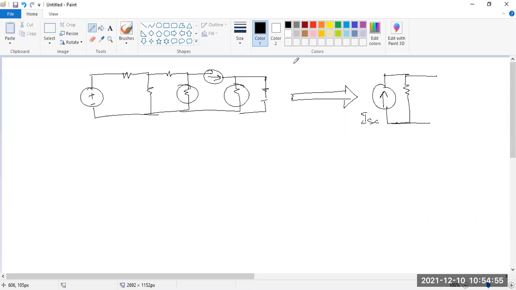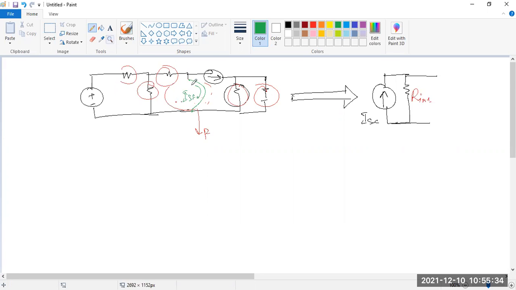Here you can see this is your load resistance. I want to know this Rx. So we have to remove this, and we have to find out the total equivalent resistance by this, by this, by this. And this equivalent resistance will be the internal resistance. And after getting this, if this is the load resistance, you have to short it, and find the ISC, the short circuit current.